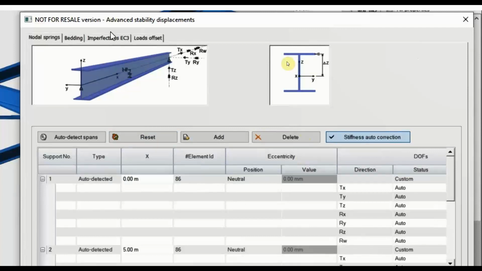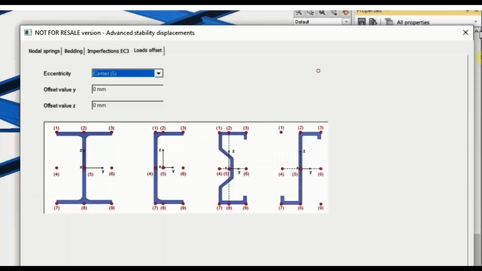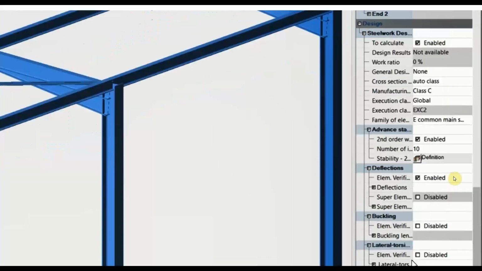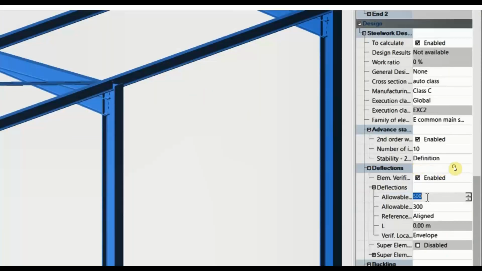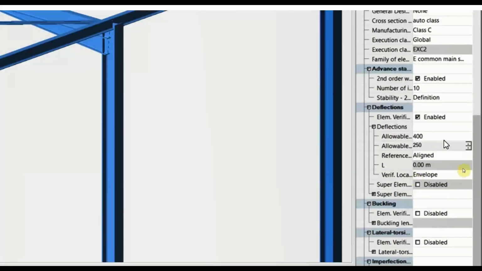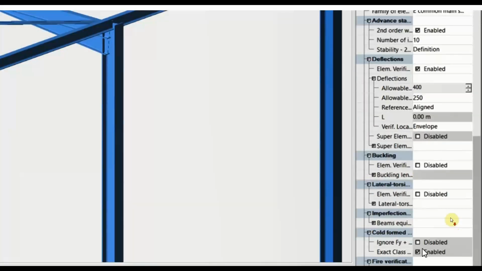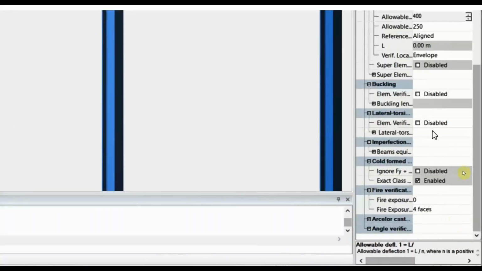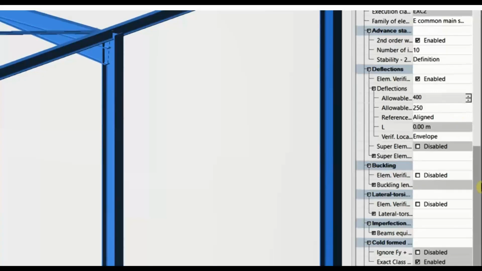Okay, so it's a little bit about the second order effects there. I also have towards the bottom, you see here some settings for the deflection. So here we can define our deflection limits, so allowable deflection limit 1 and 2. So I've just shown you how I change this individually. At the moment, I'm changing these properties, just flicking through these properties on an individual basis, as if it were for each purlin, purlin by